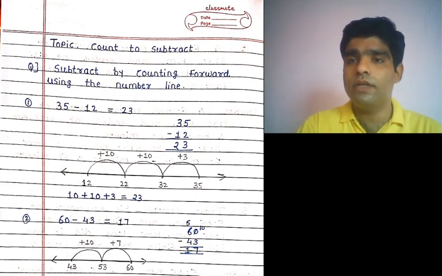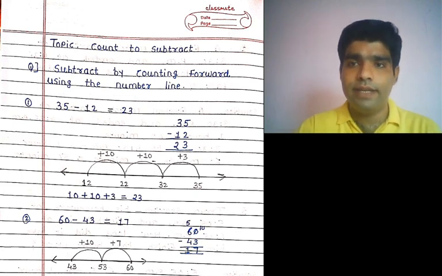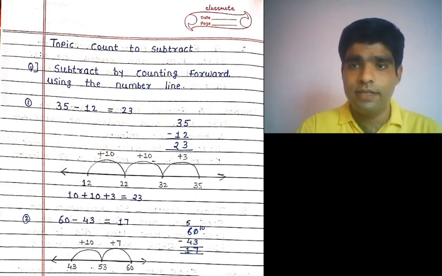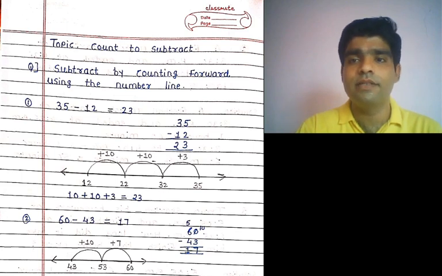Okay, first of all you have to show the number line. Start from the 43. Now to 43 we add 10. Your answer is what? 53. But to complete the answer, we need 60. It means that to 53 we add 7. Your answer is what? 60. Once again I repeat, 43 plus 10, your answer is 53. 53 plus 7, your answer is 60. It means 10 plus 7, so your answer is what?